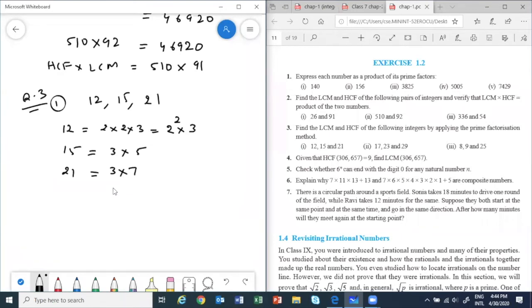Now finding HCF means what? For HCF we should find the common factor. What is the common factor? 3. Okay, so HCF of 12, 15 and 21 is going to be 3 power the lowest power. So 3 power 1. And what about